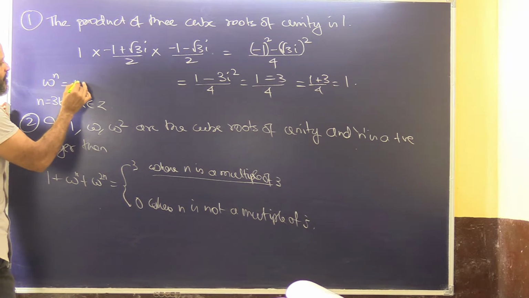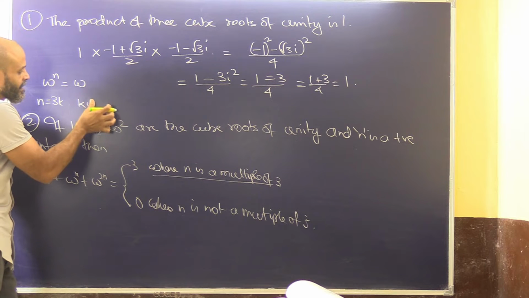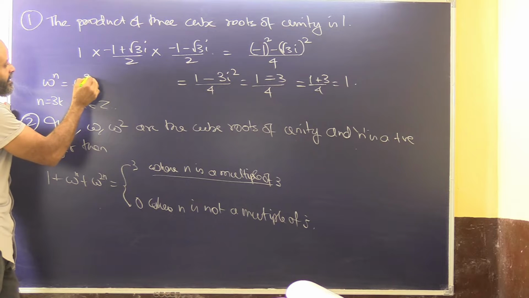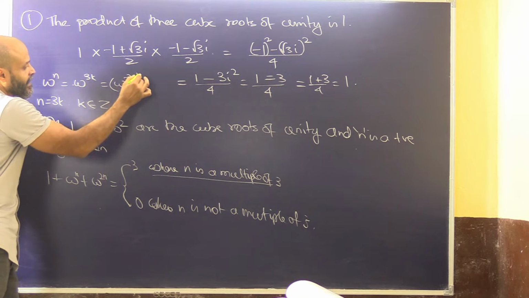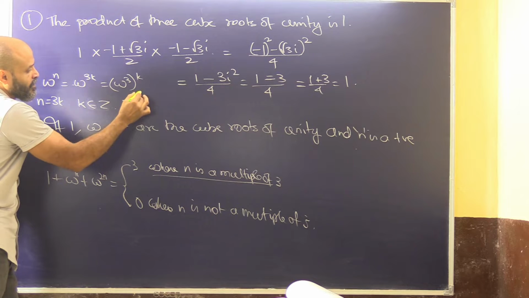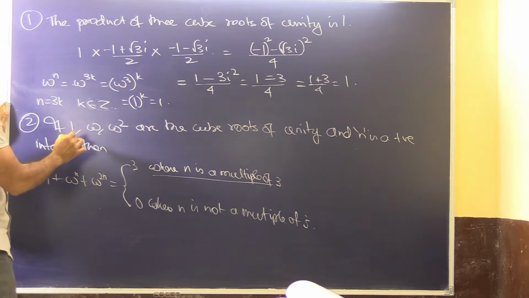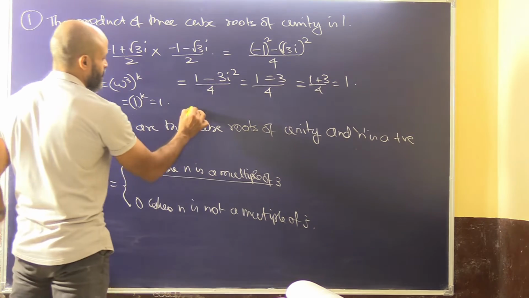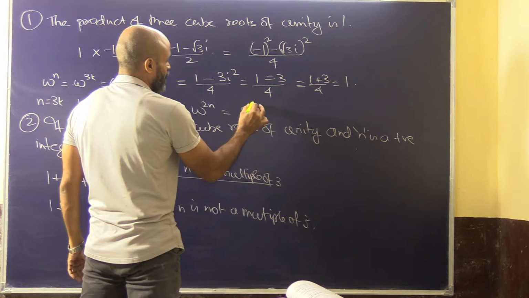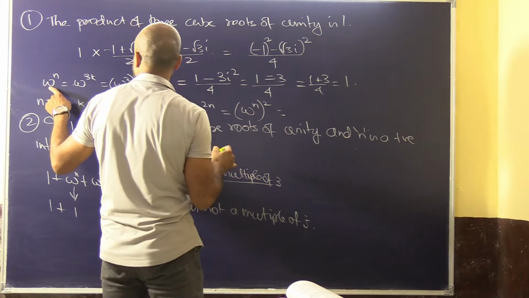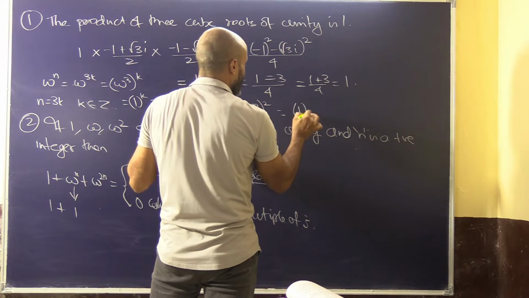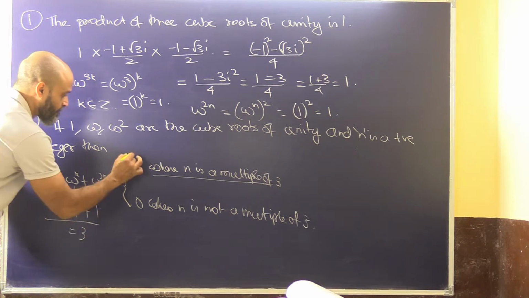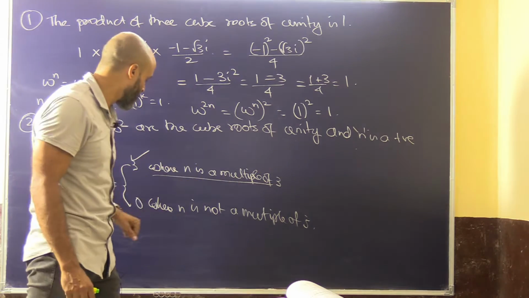Okay, so in this case, what will we have? Where k is basically a positive integer, omega 3k, which means omega cube to the power k, and omega cube is 1, so 1 to the power of k will be 1. So in this case the value of this will be 1. This is of course 1, and omega 2n means omega n twice. We have already calculated the value of omega n to be 1, so 1 square will be 1. So this will be 1 plus 1 plus 1, and hence we get 3, which is what we are referring to, where n is a multiple of 3.